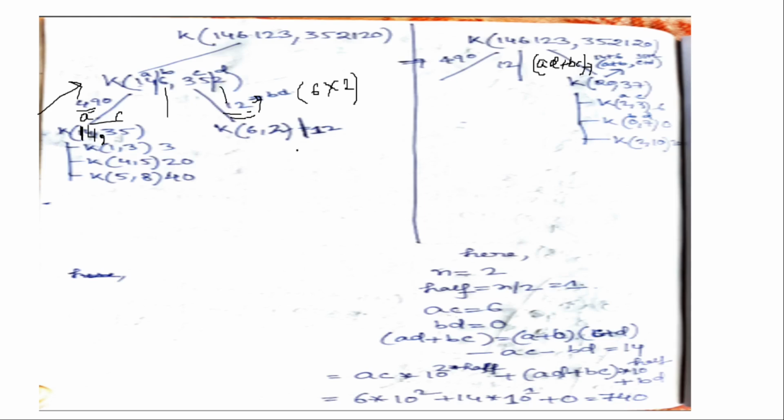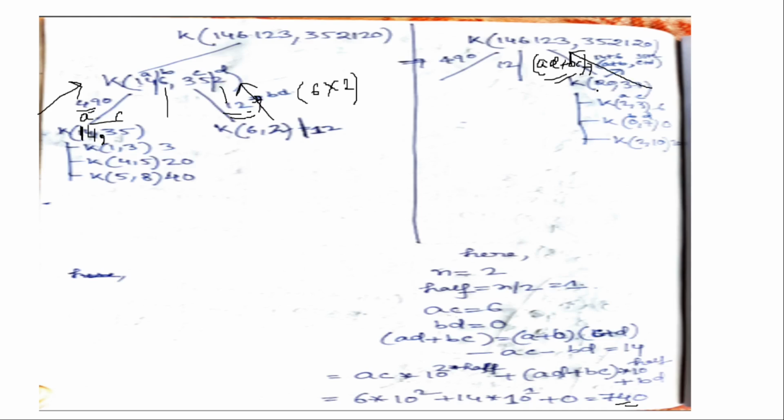No further partitioning or division is possible. You cannot divide 6 further, you cannot divide 2 further. These are all one-digit numbers. So you return it, so 12 will be returned. And then finally AD plus BC will be calculated, that also will have some value, and we will return that value, which is 740. So 740 also will be returned from here to the next immediate